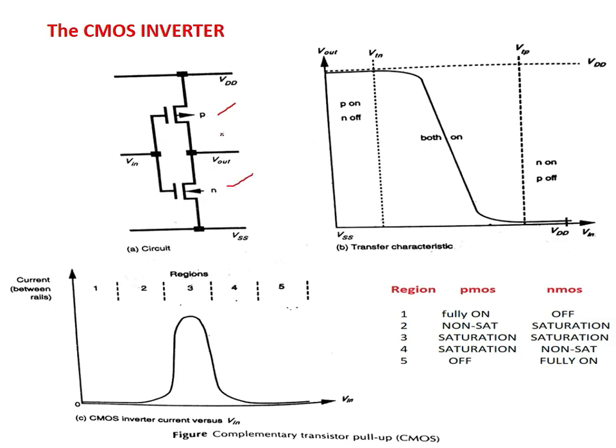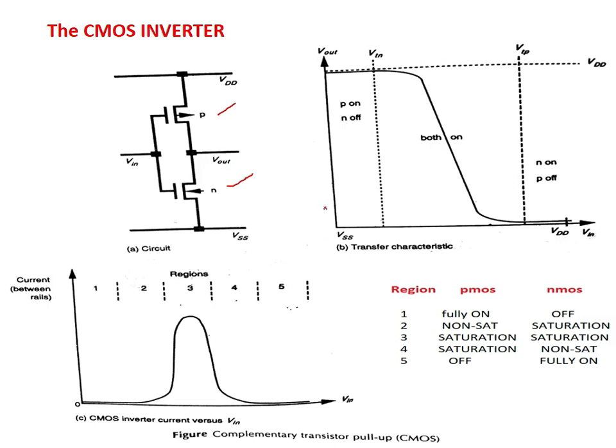So the pull-up network is PMOS, the pull-down network is NMOS, and from these two gate terminals, a common terminal is taken, and we give it the name V input. So this is the input terminal, common for both the pull-up and pull-down network. And here this is the source and drain of PMOS and NMOS, those two are interconnected and we take a common terminal as output, that is V out.